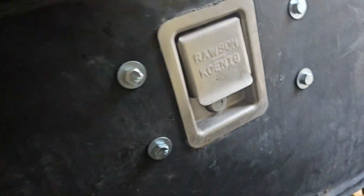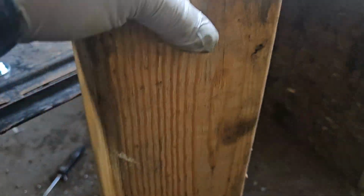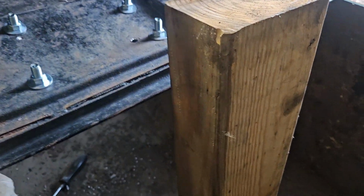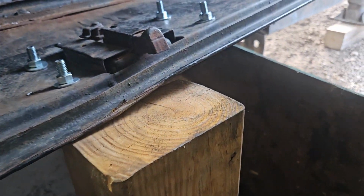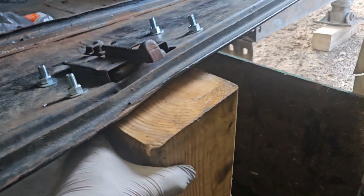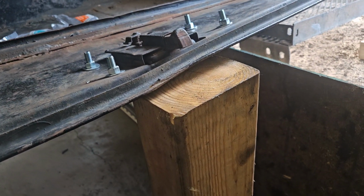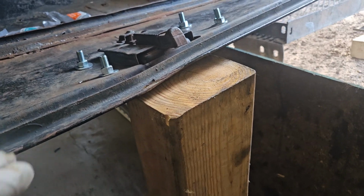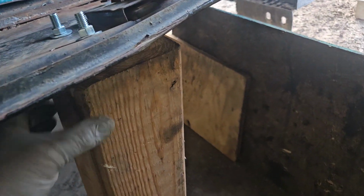So I've never done this before, so I had some old 4x6s laying around the shop, so I cut it for my, basically kind of like a wooden anvil, kind of like an Acme booby trap. So now I'm going to grab another board and see if I can kind of maneuver this